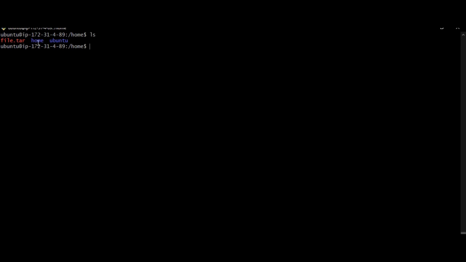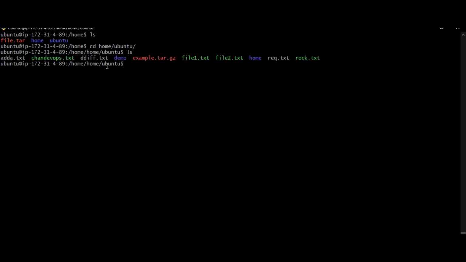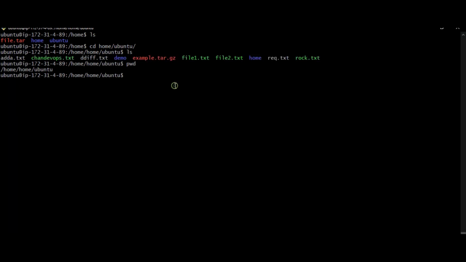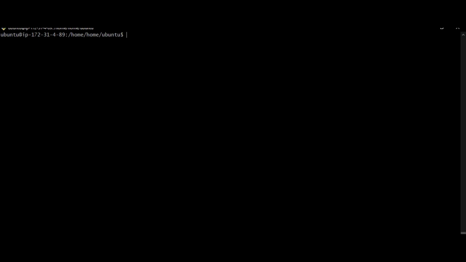See, it untarred the file. Now I got the home directory, because we tarred previously from the home directory to the ubuntu directory and the file names. In the home I have the ubuntu directory, and in home ubuntu I have the files. If you check with pwd, you are in the home directory, and after you untar the files, you get the home directory, and in it the ubuntu directory, which has all these files and directories. So like this we can use the tar command.